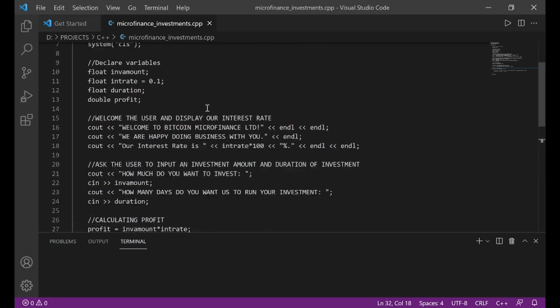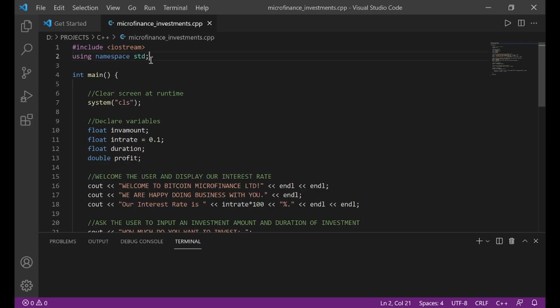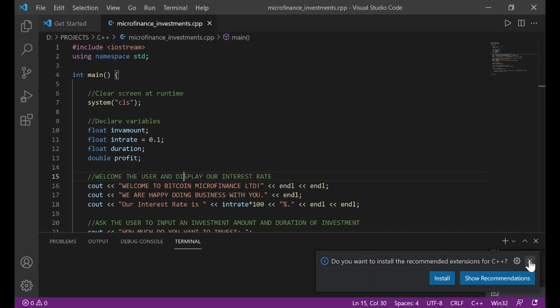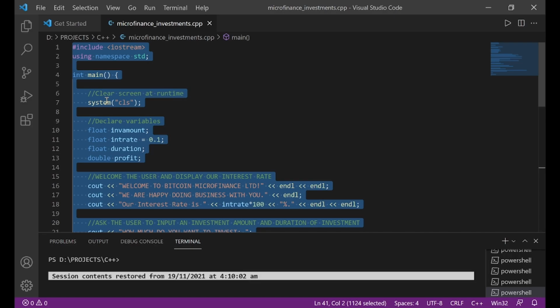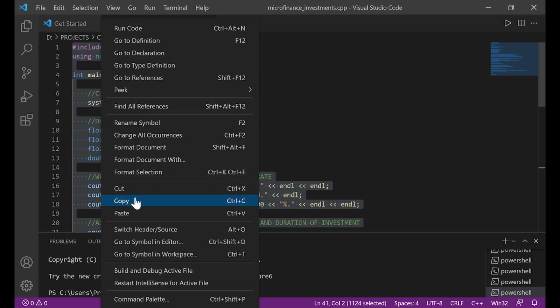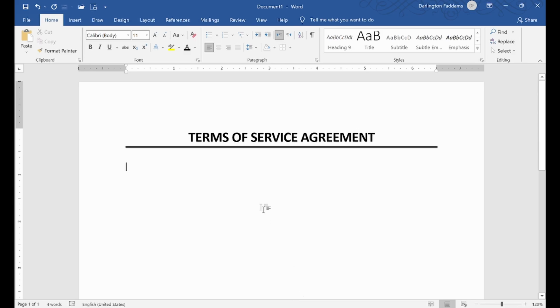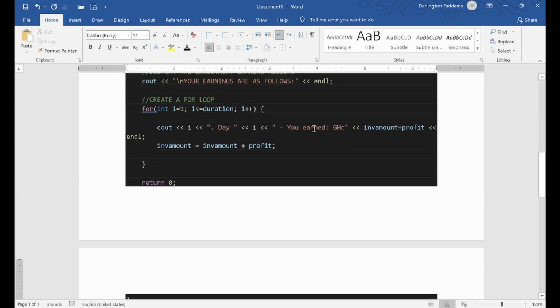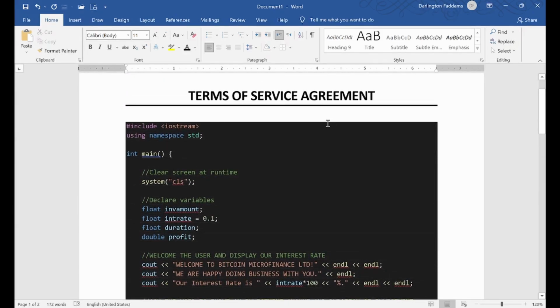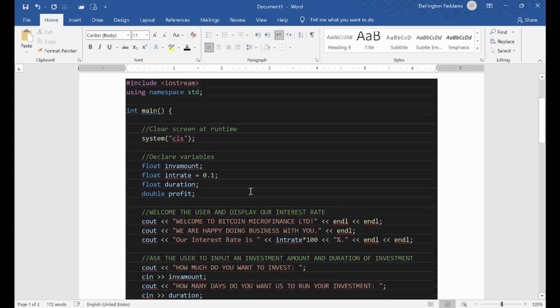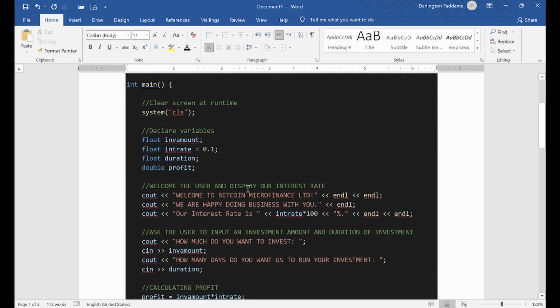Okay, so I have some code written here in C++, and I want to reproduce the text here inside my document. Watch what will happen. I'll highlight all the text and copy. When I come to my Word document, watch this. This is where we paste. When I paste, look at what will happen. It pasted it in the black background, the colored text, and it appeared the same way it was from its